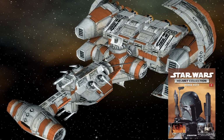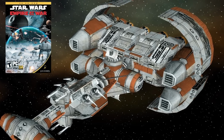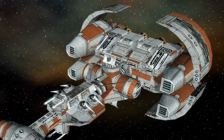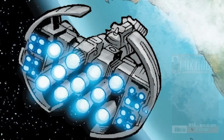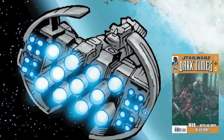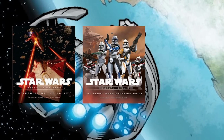The Sundered Heart's first appearance in the Star Wars universe was as a hero unit for the Rebel Alliance in the 2006 video game Star Wars Empire at War. It was in 2010 that Leland Chi confirmed a retcon that established Senator Bail Organa's ship from Revenge of the Sith to be the Sundered Heart, and it also appeared in the Star Wars Dark Times comic series. If you want to learn more, you can read Starships of the Galaxy Saga Edition, the Clone Wars Campaign Guide,